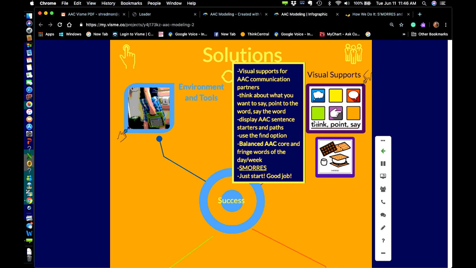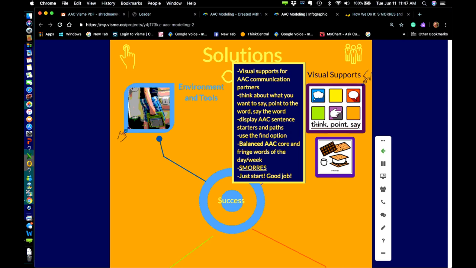AAC supports and visual supports are there because we have 1,000,001 things to do in a day, and having that visual support and utilizing the real estate on a wall in your school, utilizing the prime real estate, right, is really important because it triggers us to say, okay, that's right. I need to model, and this is how I need to do it, right? It gives us that opportunity.